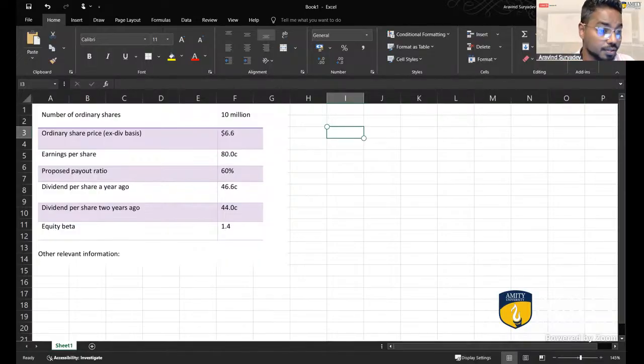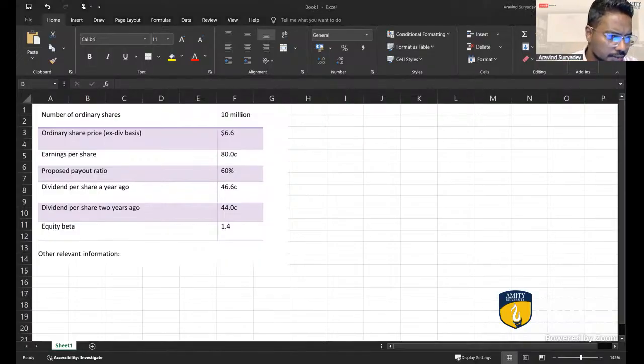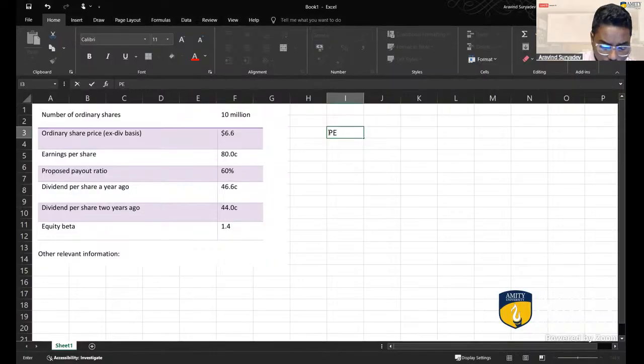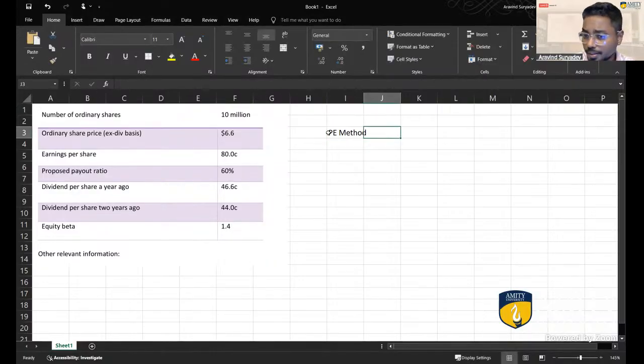The first method that we need to use here was the dividend valuation model. No, I think one second, guys. Let me just pull up the question here also. We were first supposed to use the PE ratio, the price to earnings method. Now, the PE ratio method is quite simple. You take the PE ratio and multiply it by the earnings. The PE ratio in this question was given as 10. That is the part of the question that I did not clip. Let me just get that part of the question also.